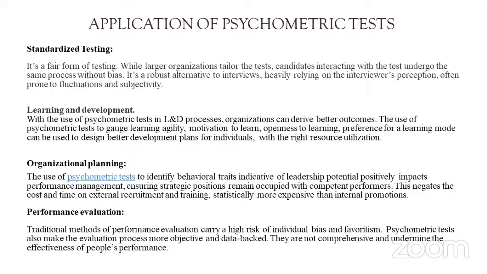So the traditional methods of performance evaluation carry a high risk of individual bias as well as favoritism. Psychometric tests also make the evaluation process more objective and data-backed. The traditional methods are not comprehensive and also undermine the effectiveness of people's performance. But here, with the help of psychometric tests, which are objective, reliable, and valid, the risk of individual bias and